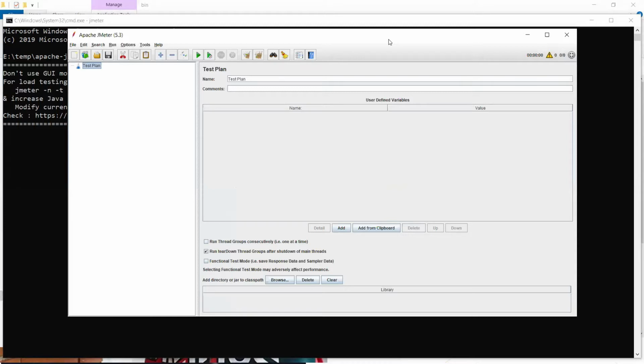Now JMeter has various components, but there are also some other plugins available, which third-party people have written and provided. Earlier, we needed to download the jar file for each of those plugins and copy it into the JMeter lib folder. But now we have the JMeter Plugins Manager. With the Plugins Manager, you can select your add-ins and directly add them. When you install JMeter, you won't have any option for the Plugins Manager, so you need to install it.